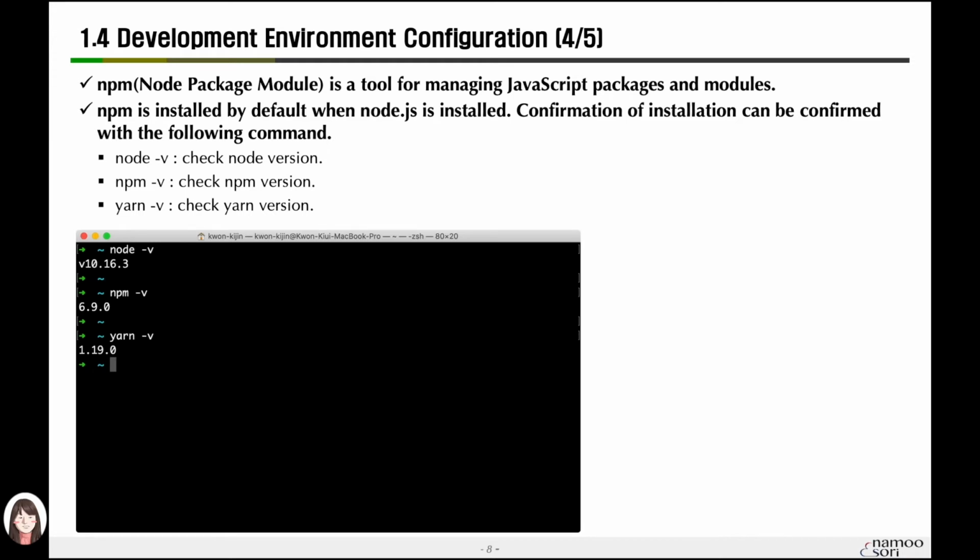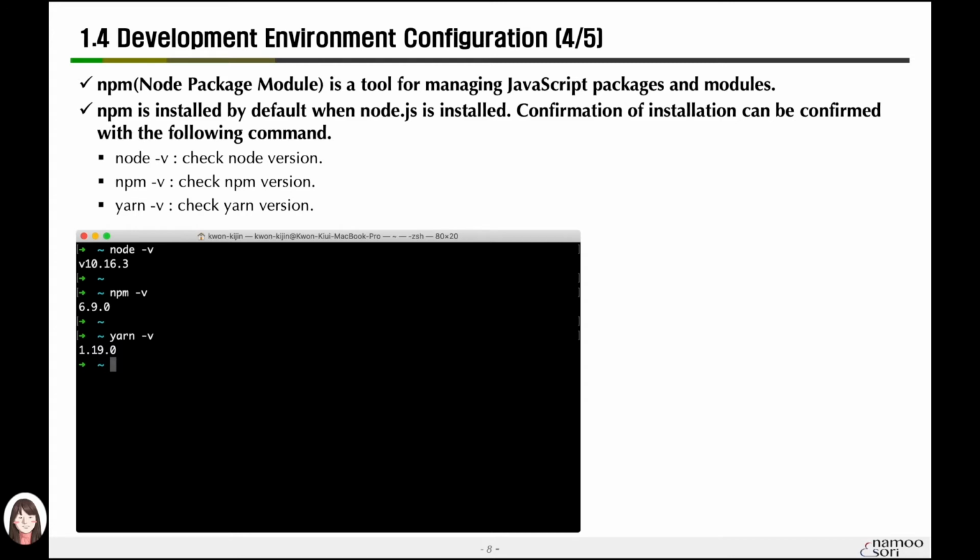JavaScript also manages packages and modules, just as a server program uses tools such as Maven, which is a project management tool for Java, or Gradle, which is Android Studio's official build system, to manage libraries to download. There is a tool to do that, and in JavaScript, you can understand that it is npm. This npm is included with Node, so if you install Node.js, you can use npm as you can see.